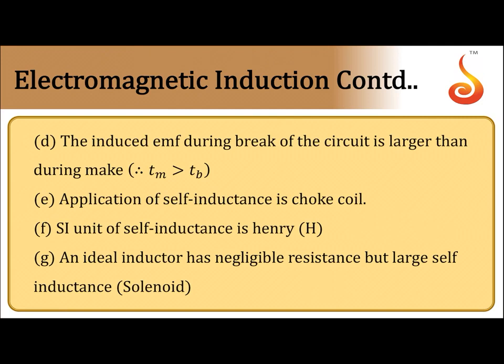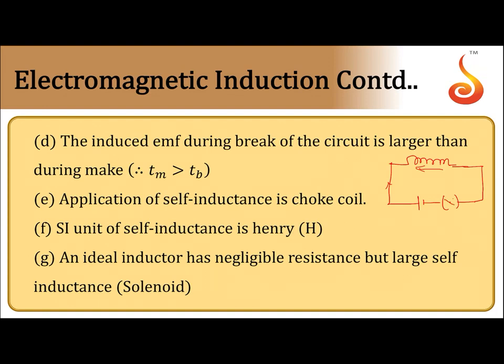Suppose there is a coil connected to a battery by means of a switch. Now when you close the switch, the current in the circuit increases gradually and becomes constant. During that time there will be an EMF which produces current in the opposite direction to the current in the circuit. This is called back EMF. Due to back EMF there will be a current.